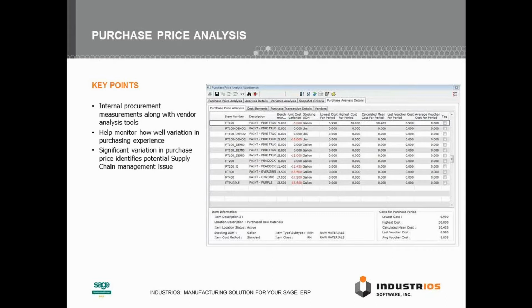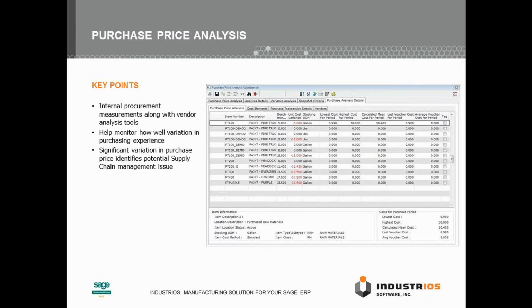And what you really want to do is highlight those areas where you're potentially having significant variation, and that could indicate that there's a potential supply chain issue. Not even a problem in the supply chain itself, but in how we're managing the supply chain. Typically, what you'll find the answer here is that we've had to run a bunch of expedite charges or overtime charges or rush charges to be able to get the stock to our warehouse in time,